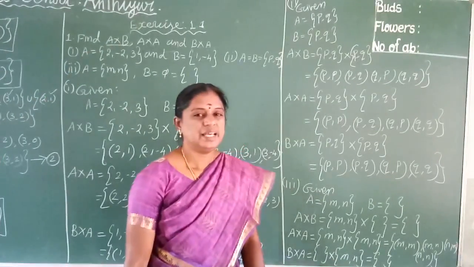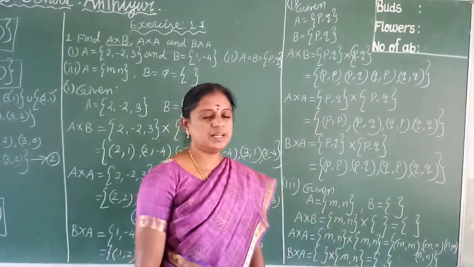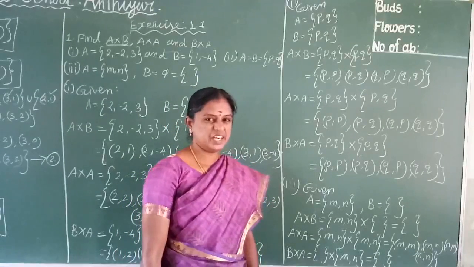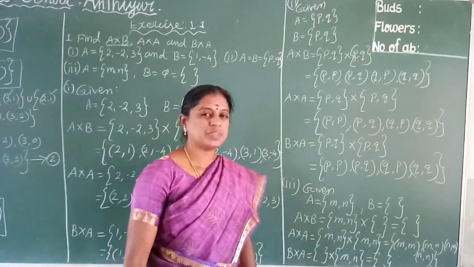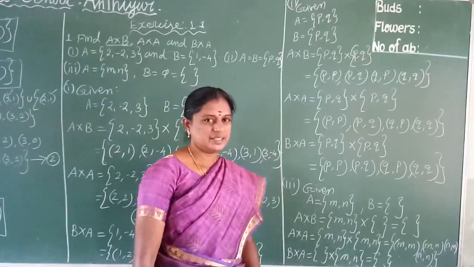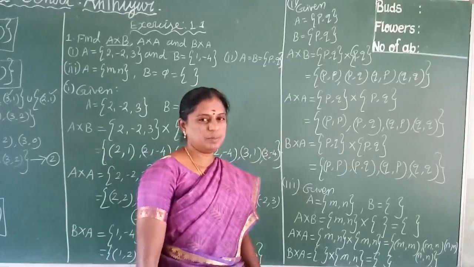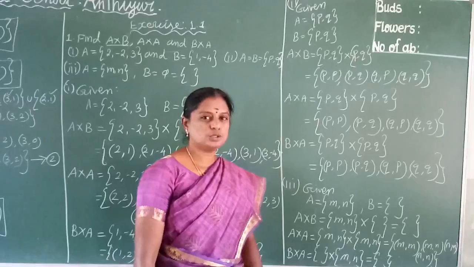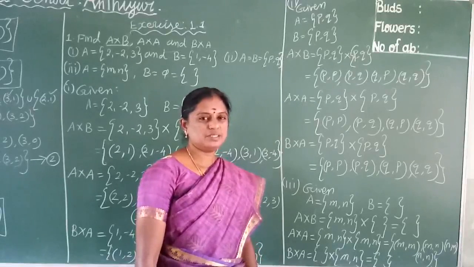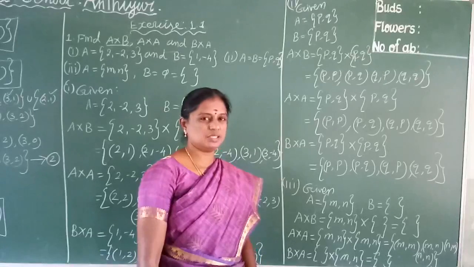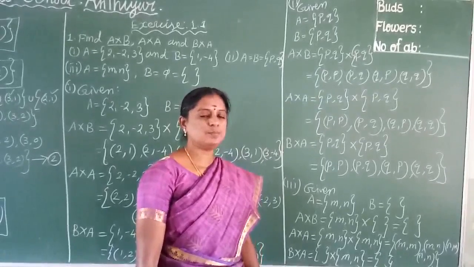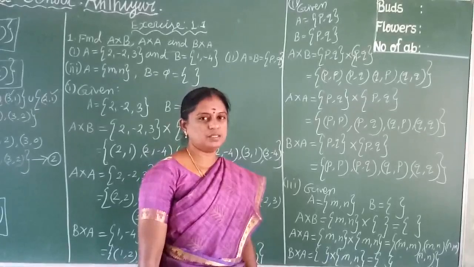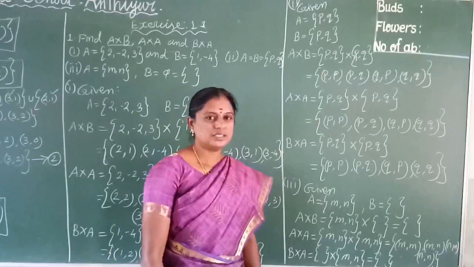Today's homework: Exercise second sum, letter, third sum, letter, and Example 1.3 second option. Example 1.3 first option is already completed; do the second option in the same model. In Exercise second sum, set A is given and B is the set of prime numbers less than 10. So convert it into roster form. Prime numbers less than 10 means what are the elements? 2, 3, 5, 7. So using the A set and the converted B set, find the answer. Exercise third sum, same as the example's second question model. So you complete these three sums. That is today's homework.